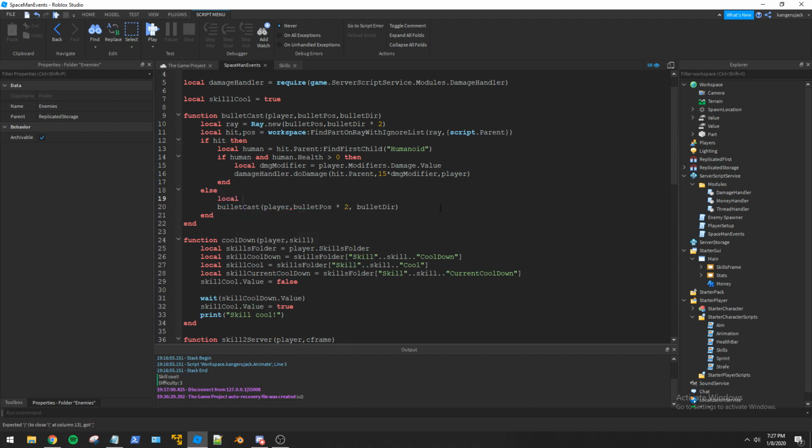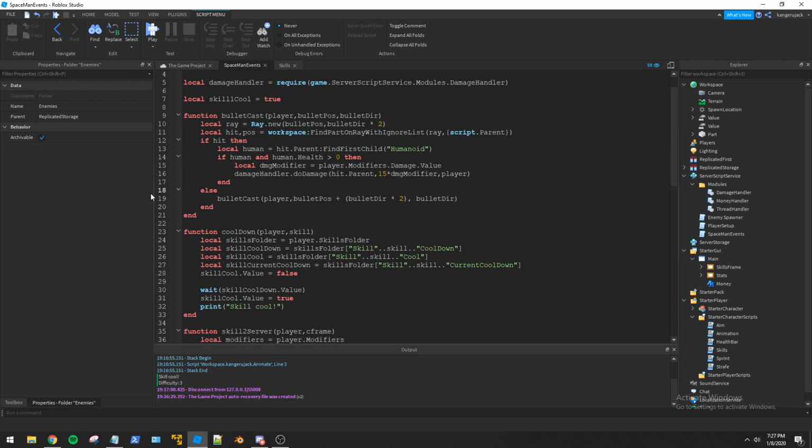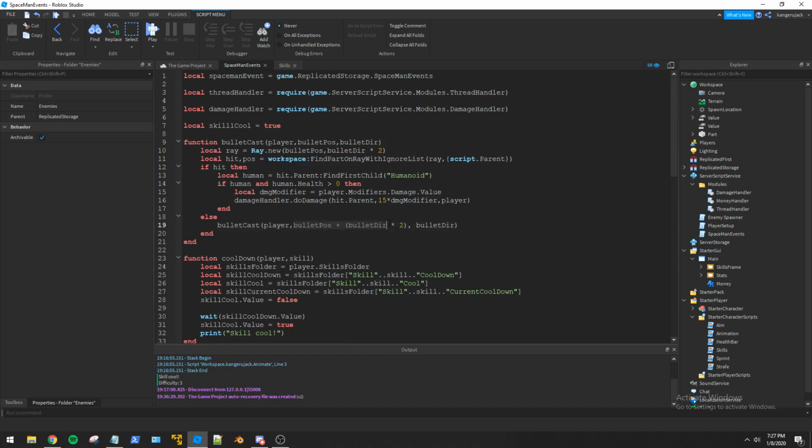So if we wanted to move it forward, yeah, it should be, no, it wouldn't be times 2. Bullet position, it would be like bullet direction, so it'd be times bullet direction, times 2, right? I think, or would it be plus? Yeah, it would be plus bullet direction times 2. Yeah, okay. Why are you mad at me? Oh, because I said local whatever up there. Okay, there we go. So it will call the function again, and that way it should be 2 studs further,